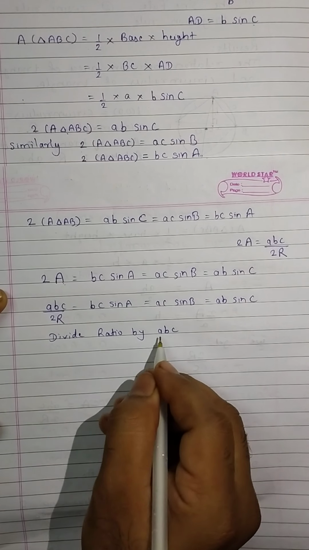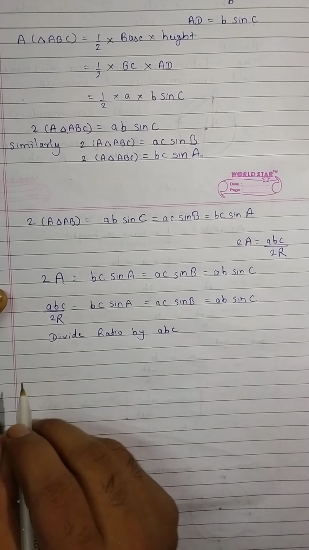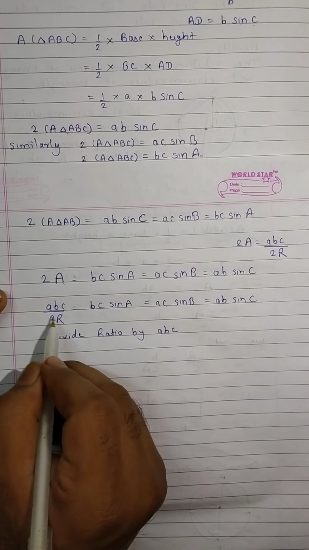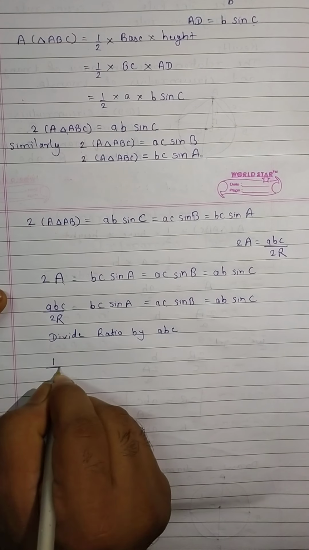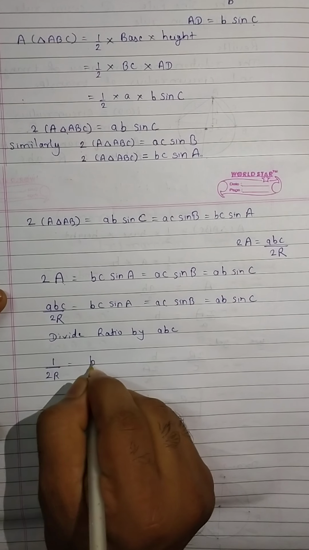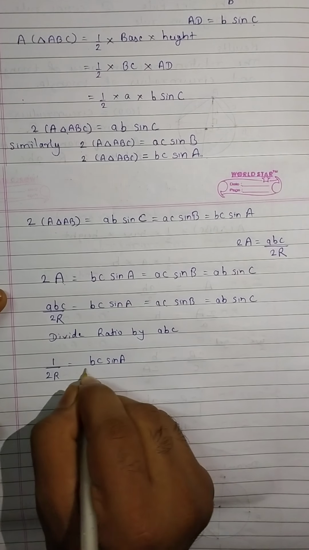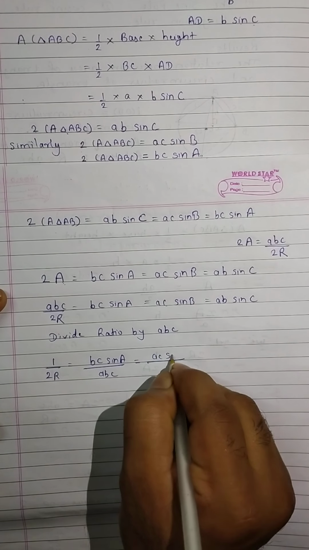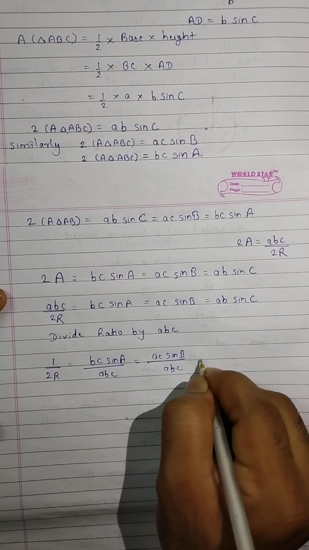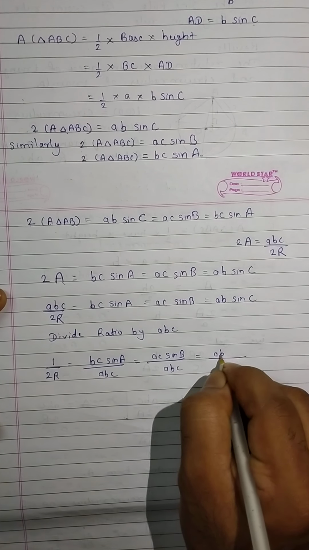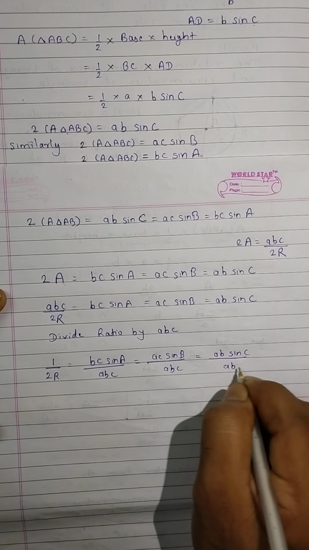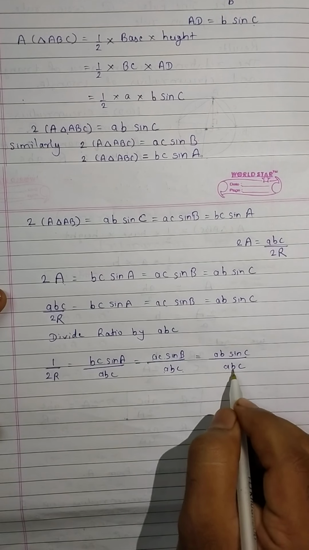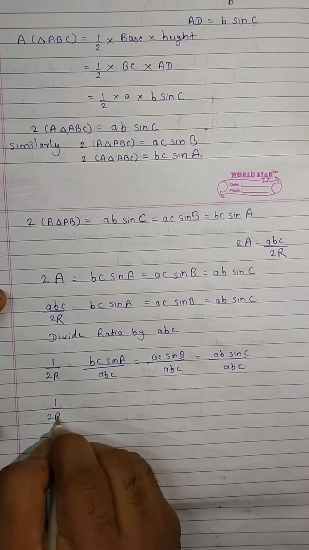Divide the ratio by abc, that means each term you will divide by a into b into c. If this abc upon 2 is divided by abc, the abc will get cancelled and we remain with 1 upon 2r. Then bc sine A upon abc, and similarly we divide each ratio by abc. By cancelling bc over here, ac over here, ab over here, we remain with 1 upon 2r is equal